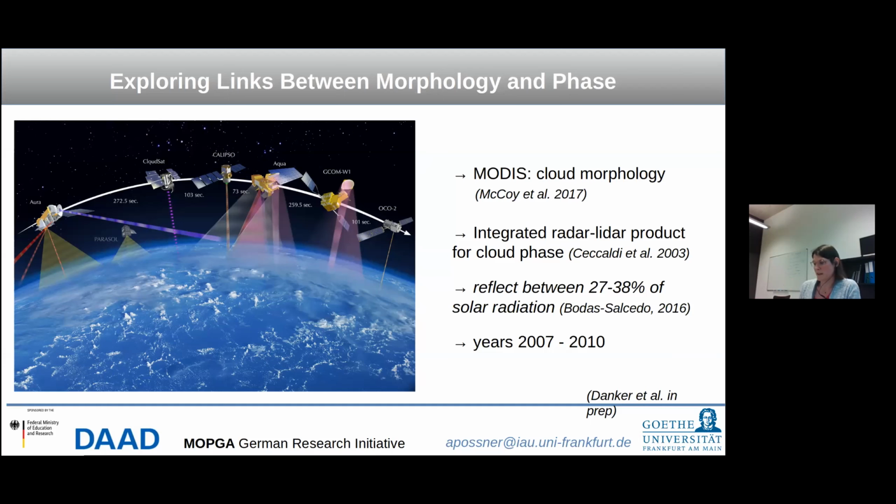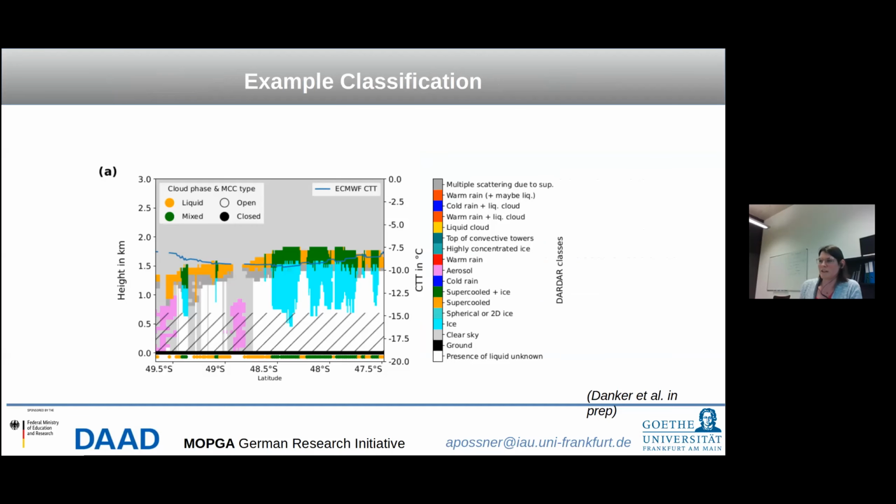So Jessica has been looking at this in the years 2007 and 2010 and has compiled a database and looked at the statistical relationships of these clouds. And this is to give you an example of what she's done here. So you see a cross-section of the cloud, and you see the height here on the y-axis, just to orientate everybody, and the latitude here on the x-axis. So we're following one of these swaths of the CloudSat and the Calypso satellite, taking a profile of the clouds